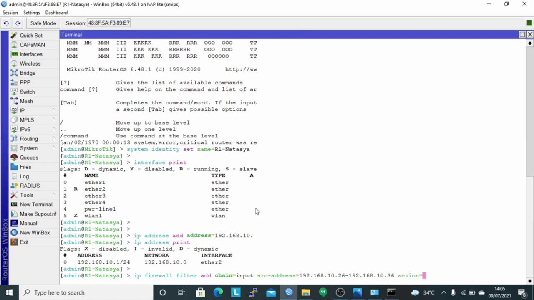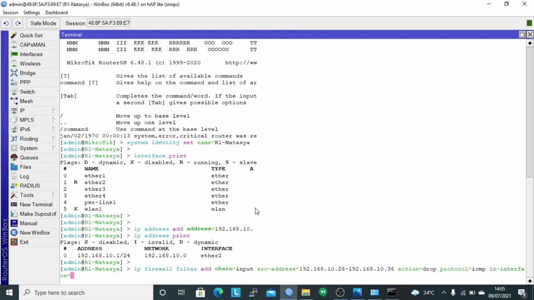The action is drop because we will block the packet, and the protocol is ICMP because the protocol of ping is ICMP, and the interface used is the interface the client connects to the router with, namely Ether2.